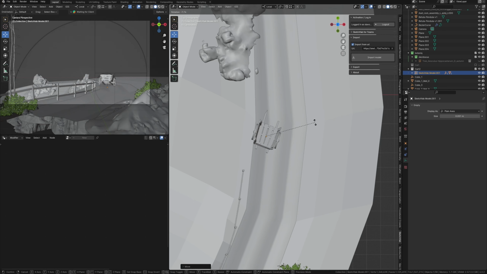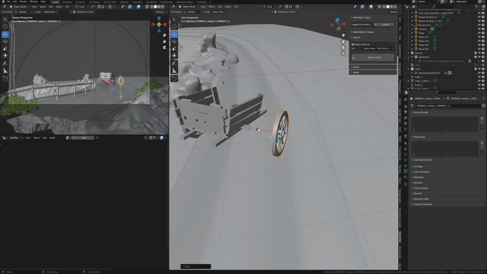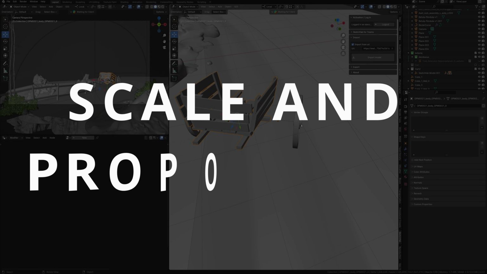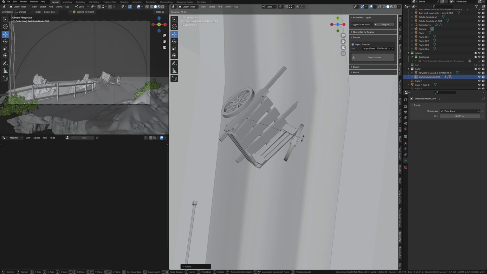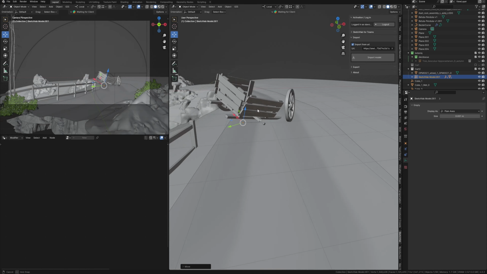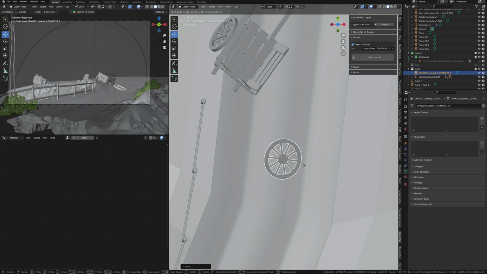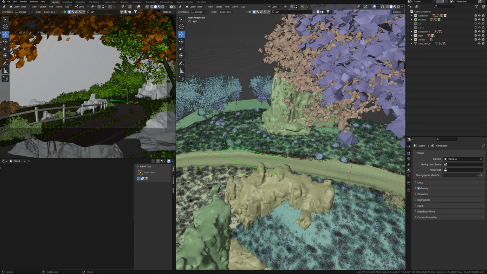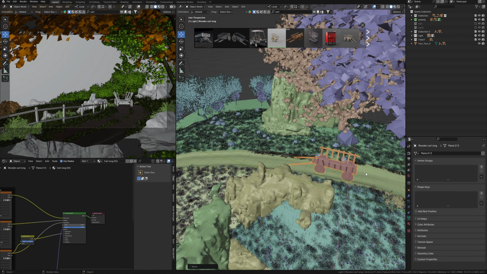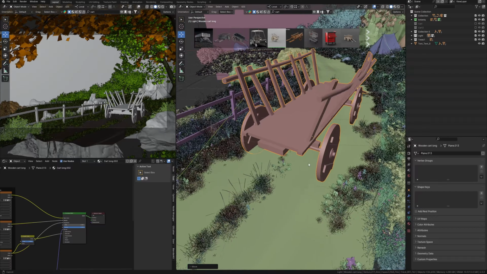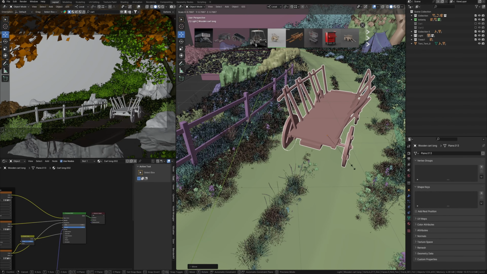So, another important point comes from the previous one, and this also relates to composition: scale and proportions. Everything in your scene should correspond to the same scale, and all the objects in the scene should interact with each other based on the acceptable scale. Okay, so if I have a road and a cart in the scene, and I'm going to put the cart somewhere here, then it must fit visually to the scale of the scene. If I move the cart closer to the camera, we can see that it's not going to pass here. It's much larger than it should be.